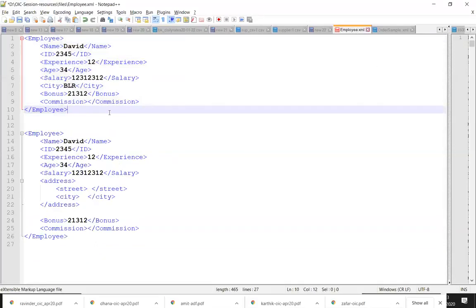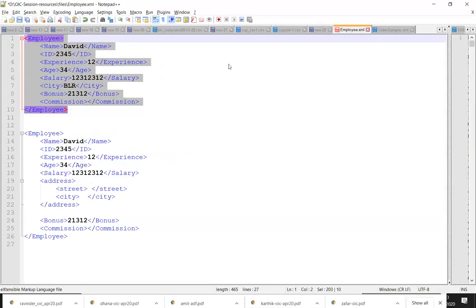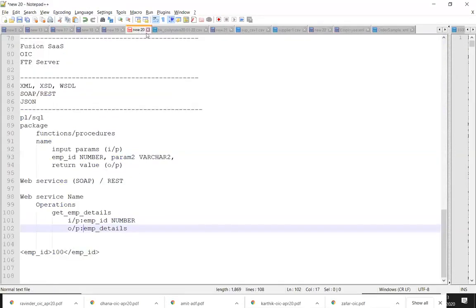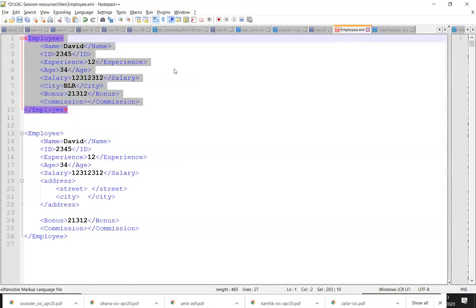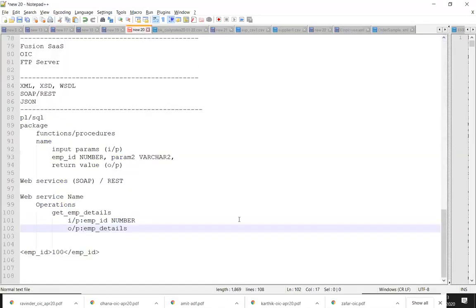You have to mention that it is going to return a record of an XML document which will follow the structure. How are you going to mention that? That has to be nothing but a data type, right? When you say employee ID number, you're telling the data type. Here also you tell some type basically. But this is an XML type, not a simple type.